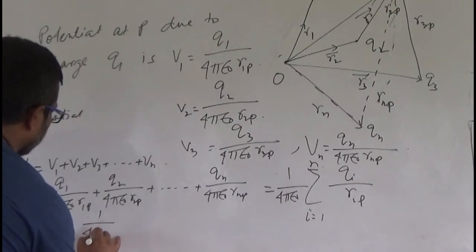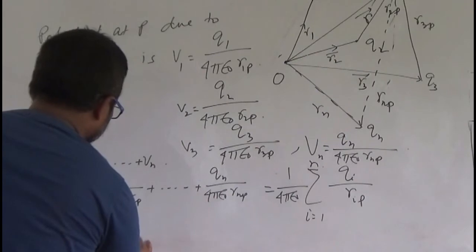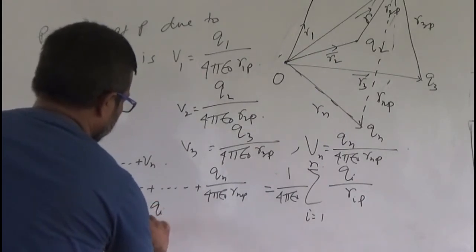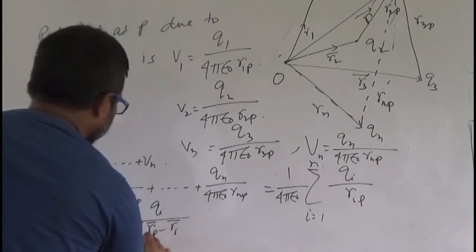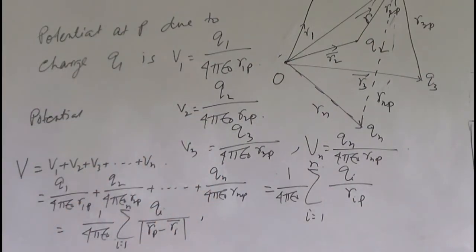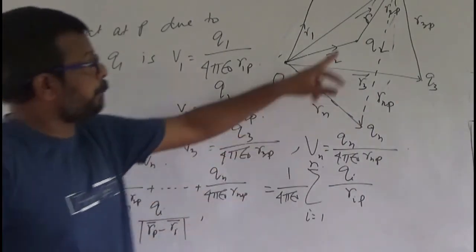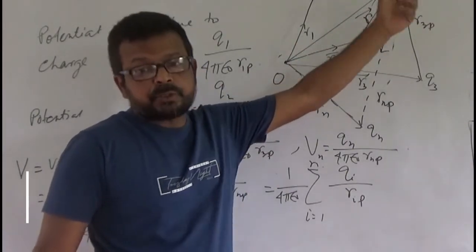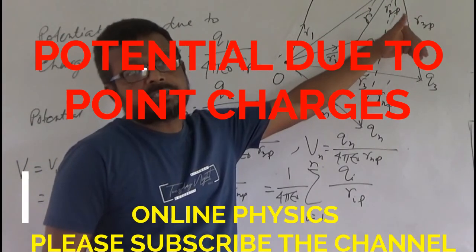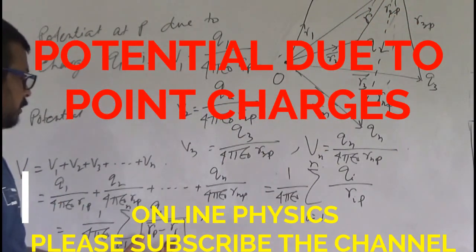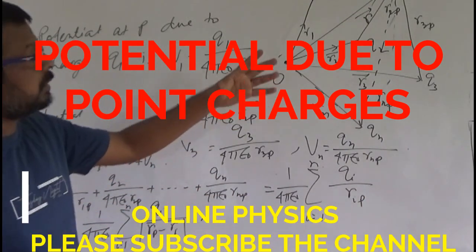1 by 4 pi epsilon naught summation over i equal to 1 to n Qi divided by the magnitude of Rp minus Ri vector. Rp minus Ri is the position vector of P with respect to the charge Qi, and the magnitude of that is equal to RiP. That is the distance between any charge